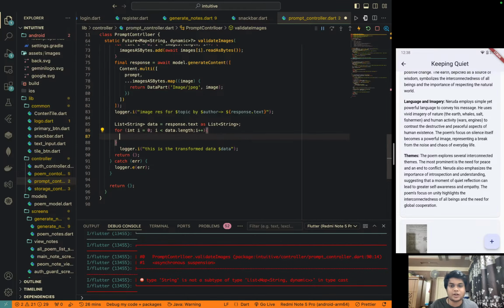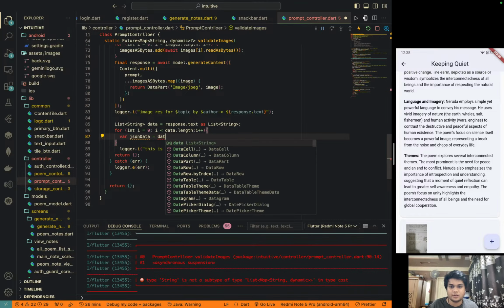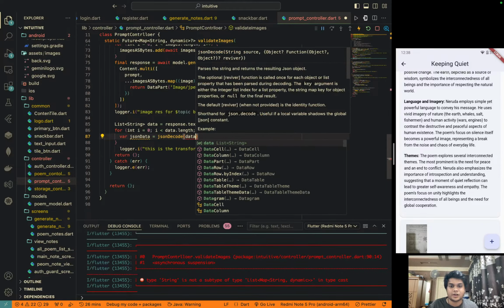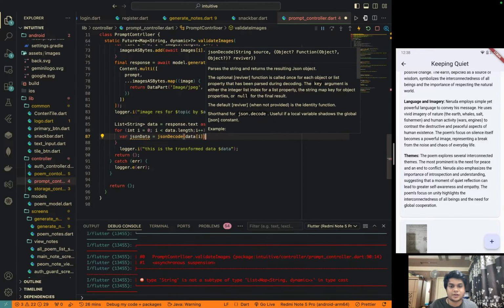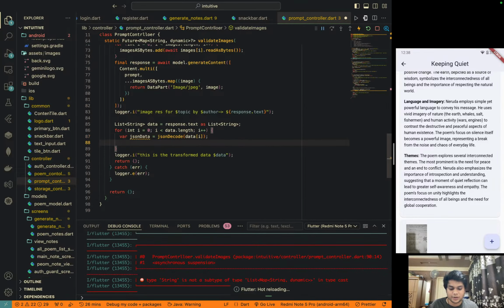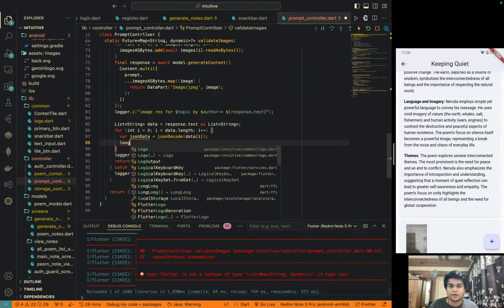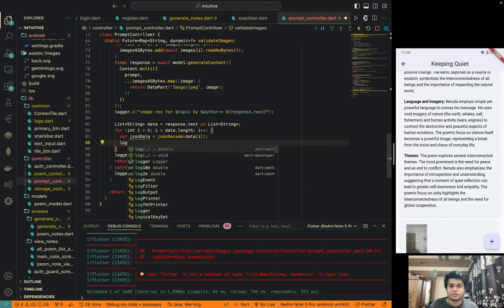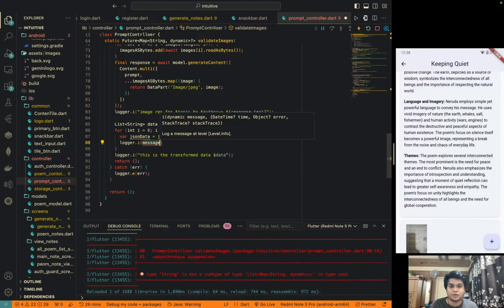What I can do is, actually, yeah, what JSON data is JSON decode data of i. And if I do so, and if I logger.info JSON data over here,